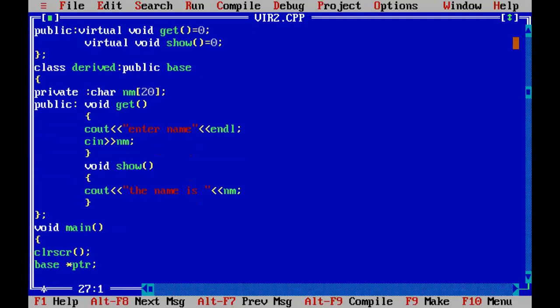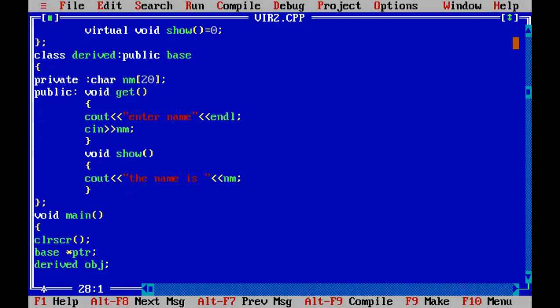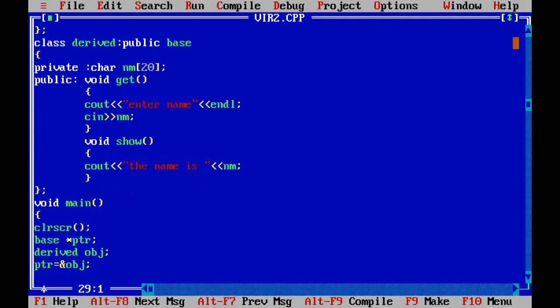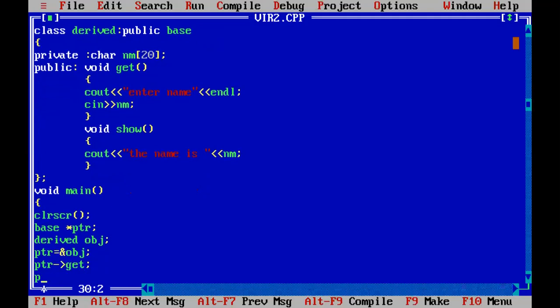Now in this case we are not going to declare an object of the base class because we haven't given any kind of definition of this. So we have just created one object of the derived class named obj, and then again we have to do the same thing. We have to pass the object to the reference or to the pointer variable. So obj, and now again we are going to call both the functions, that means get and the show function.